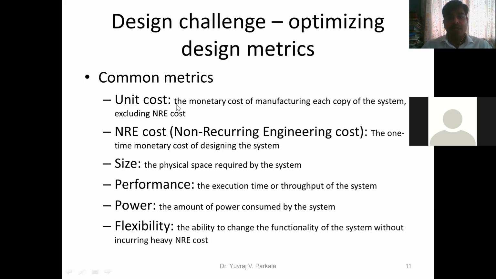That cost is called unit cost. And here you have to exclude the NRE cost. That means don't add the design cost into the manufacturing cost, because manufacturing cost is different and NRE cost is different.